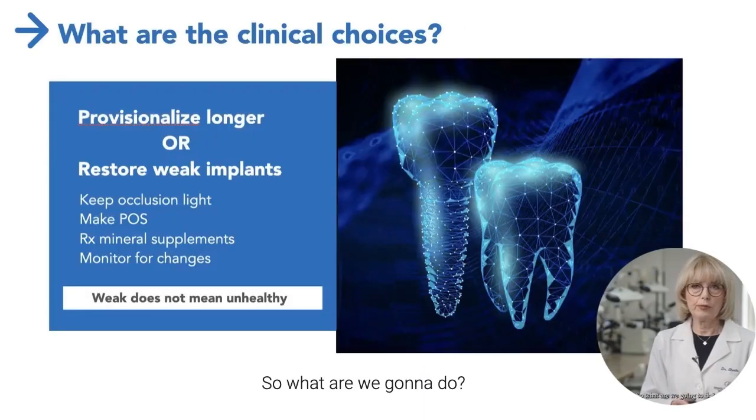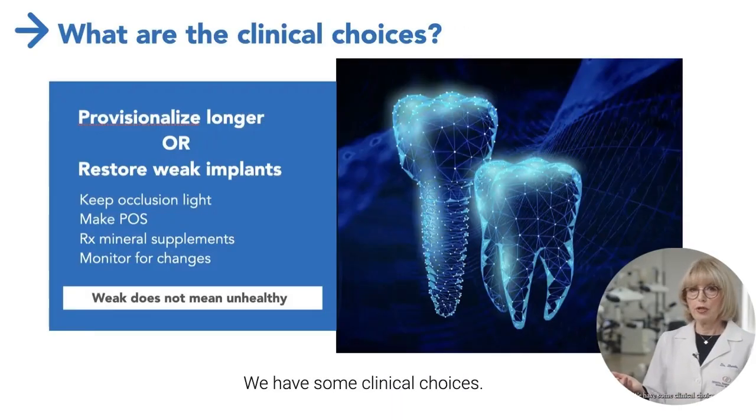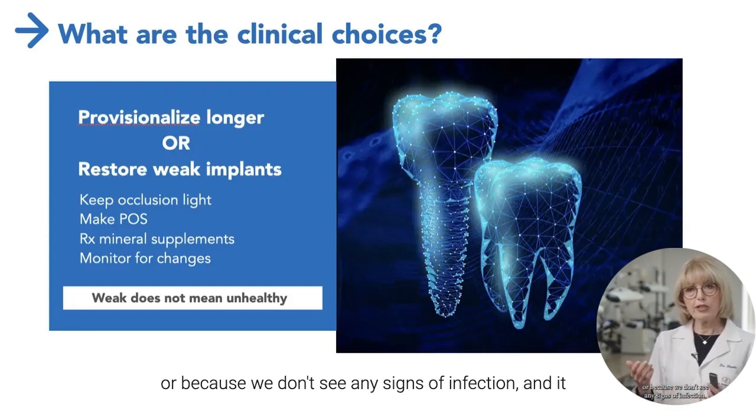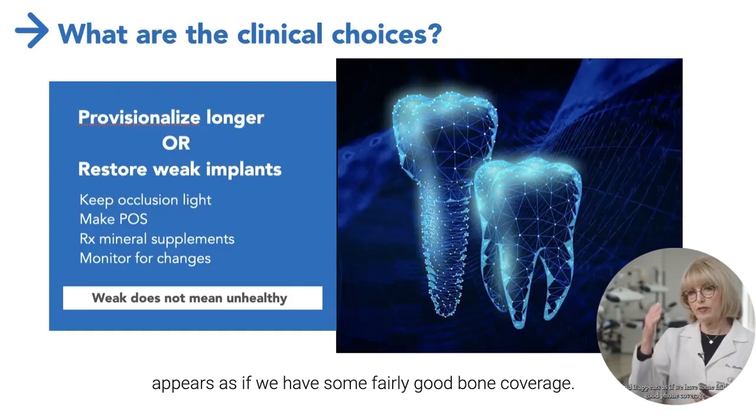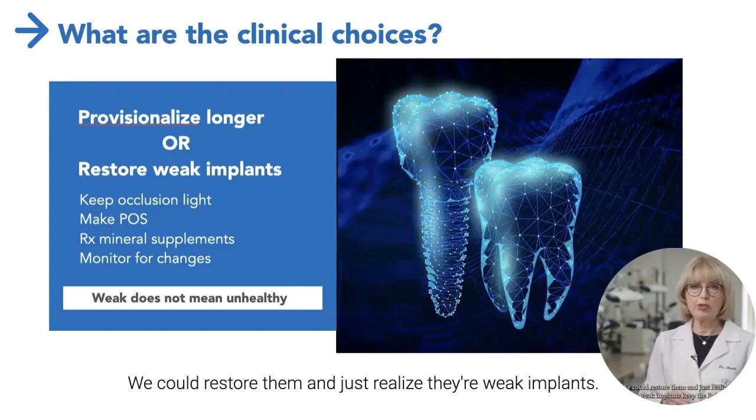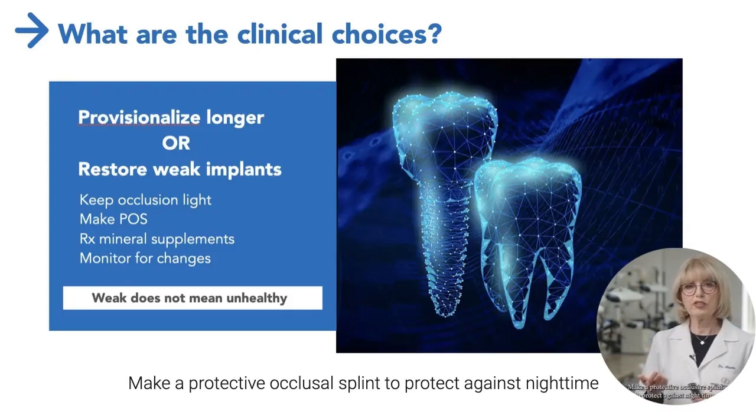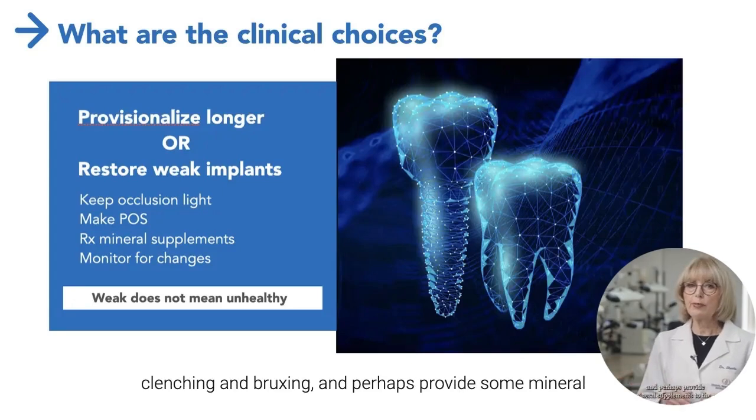So what are we going to do? We have some clinical choices. We could either hold the patient in provisionals longer, or because we don't see any signs of infection, and it appears as if we have some fairly good bone coverage, we could restore them and just realize they're weak implants. Keep the occlusion light, make a protective occlusal splint to protect against nighttime clenching and bruxing,